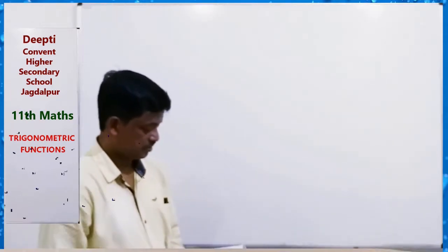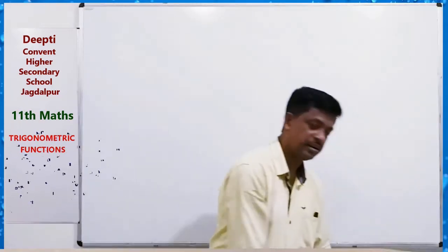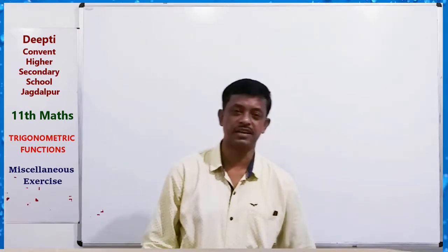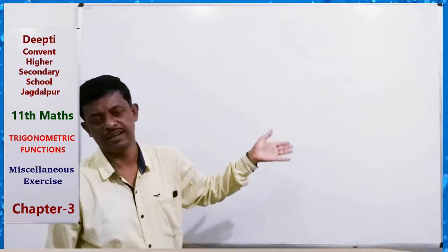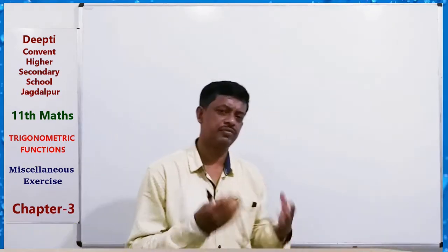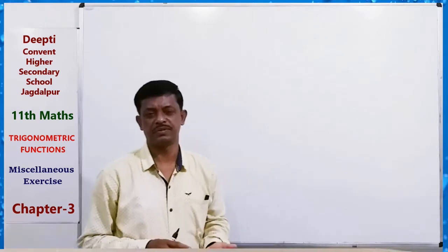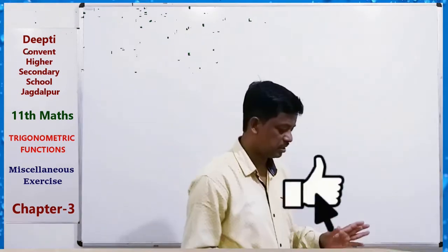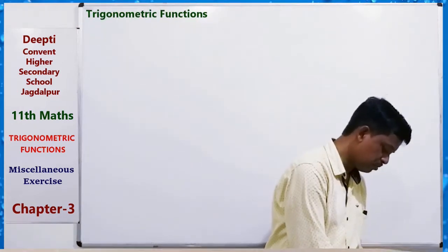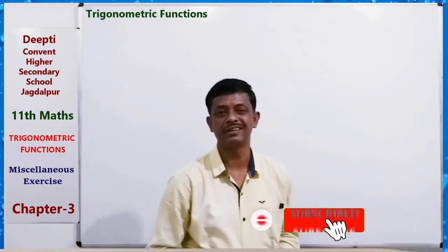Okay, so we know about trigonometric formulas: cos C plus cos D, sin C plus sin D, cos 2x, sin 2x, tan 2x, etc. Any formula may be used. Okay, pi plus or minus, pi by 2 plus or minus, and so on. All the formulas are very, very important. All formulas are used for proving trigonometric relations.